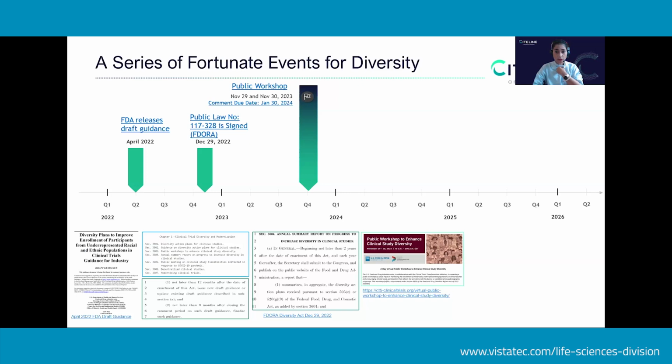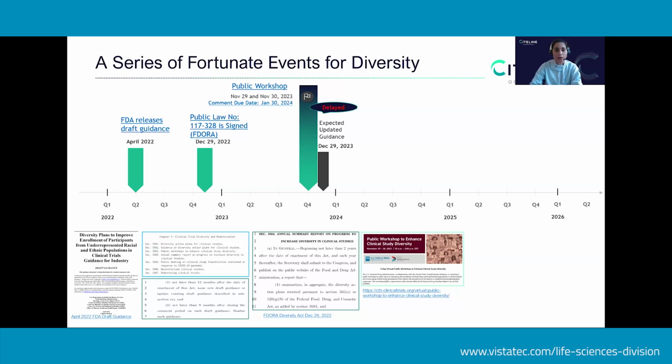And FDA is also required to release the results of that public workshop to the public. This was also part of the federal requirements that they should release a guidance to help the sponsors understand what's required next. Everyone, I'm sure all of you here were expecting the guidance at the end of 2023.